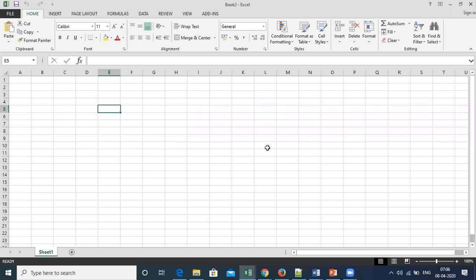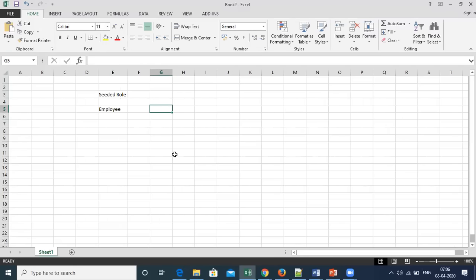So let's say this is the employee seeded role, and now we want to use this role to discard some accessibility. Let's say as an employee, I do not want my other employees to change their bank account, so change that personal payment method.